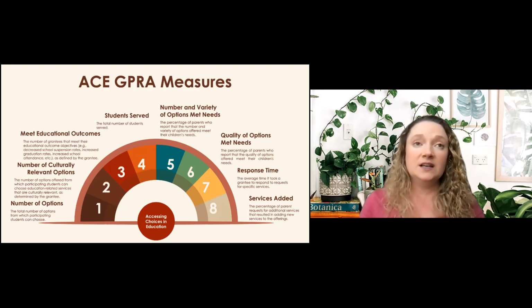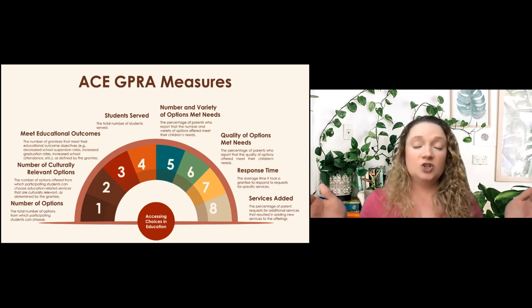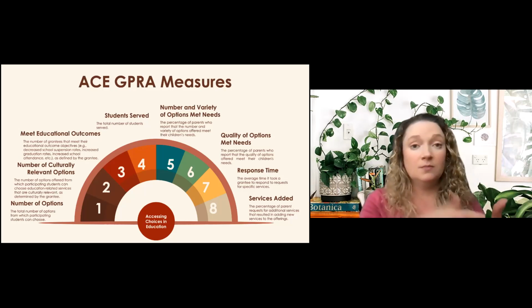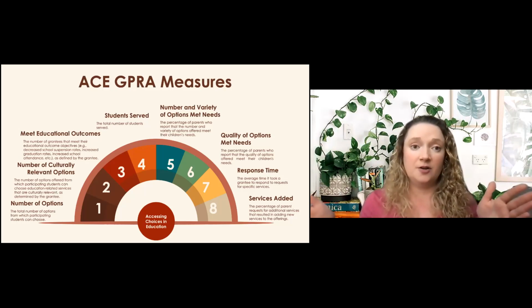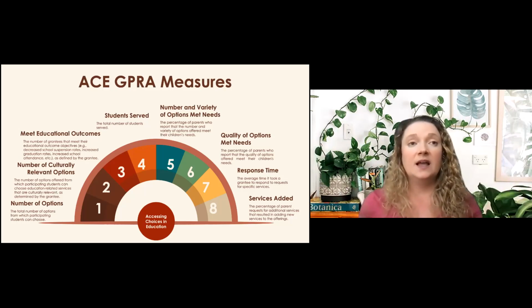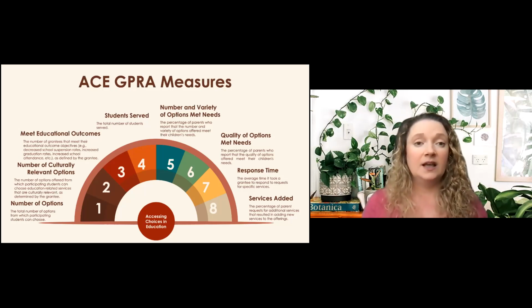Number 3 is meeting educational outcomes. So for this one, you're going to actually look at your project objectives, and whichever of your project objectives are related to educational outcomes. Maybe you have 2, maybe you have 10. You're going to look at however many objectives there are that are related to educational outcomes. And here you'll put how many of those you met. So let's say you had those 10 educational outcomes and you met 7 of them. So you would report that 7 out of 10 here.